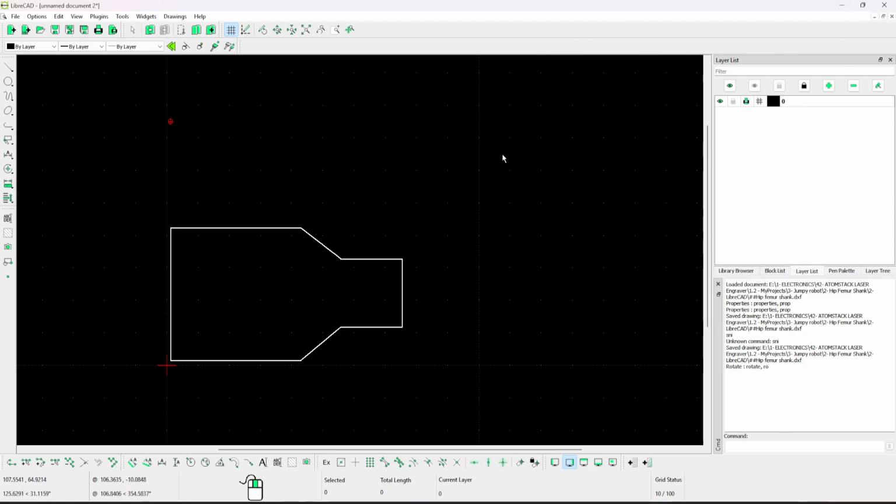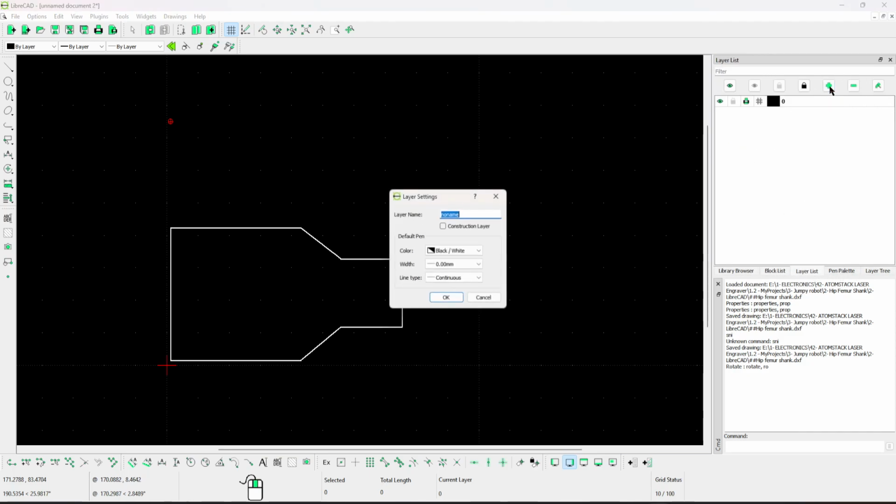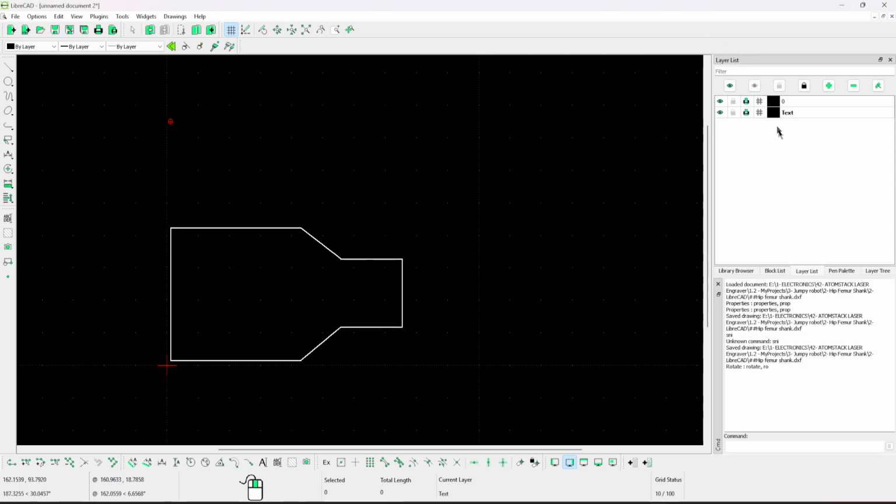and I would like to go to the layer list, yeah, here, and click this plus button, and I'll say this is the text, and I'll set the width to ISO and layer type is continuous. Do OK. Okay, so if I'm here, the text layer,